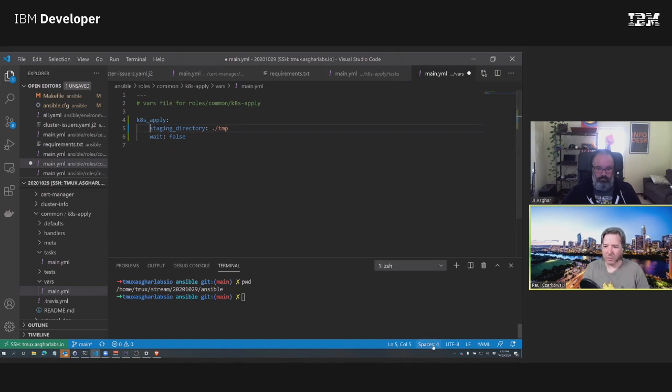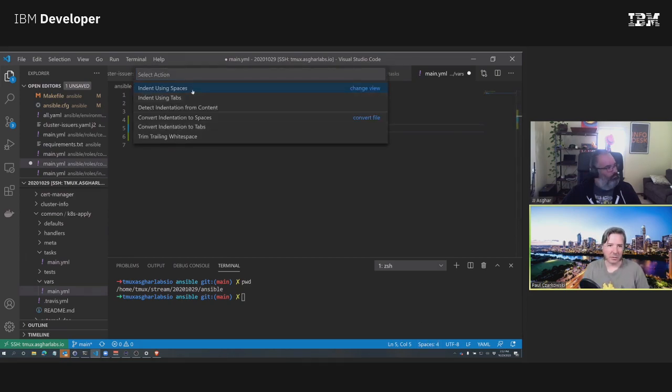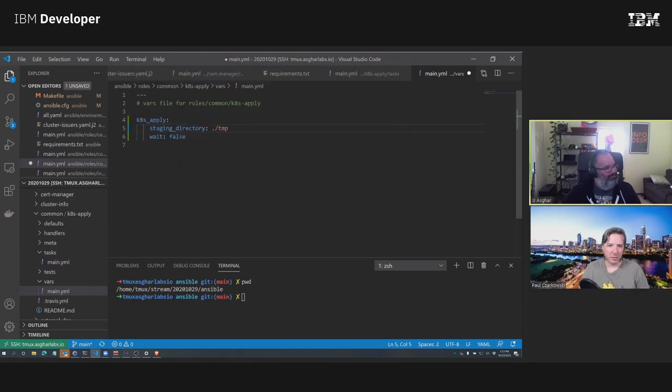Oh, come on. Why would you default to 2 spaces for it? YAML file. Come on, VS Code.